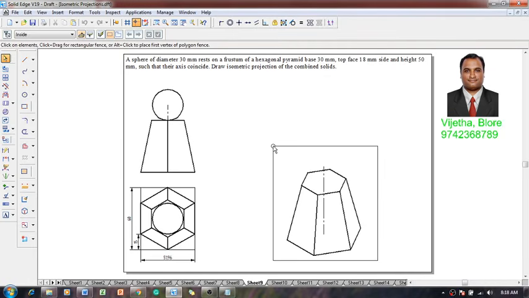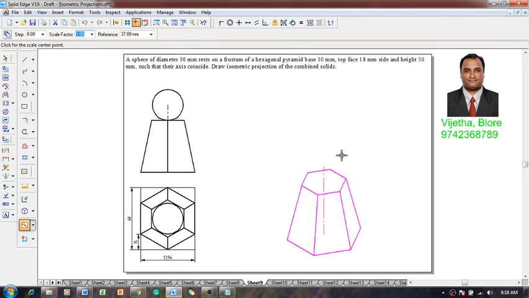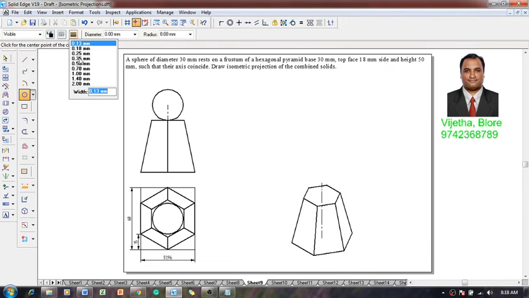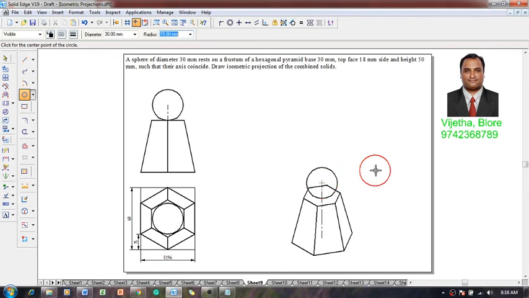Now let me select this figure and apply a scale factor of 0.8164, that is the isometric scale, and then go to circle by center point with a thickness of 0.5 and a continuous line. The true diameter has to be taken as 30 millimeter and it has to be positioned properly on the chain line over here.